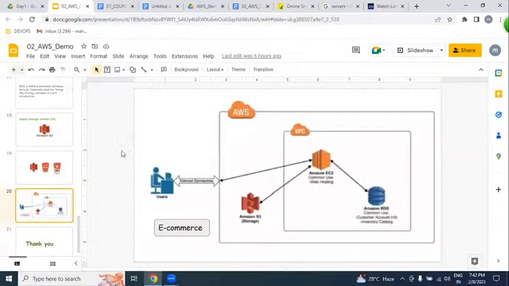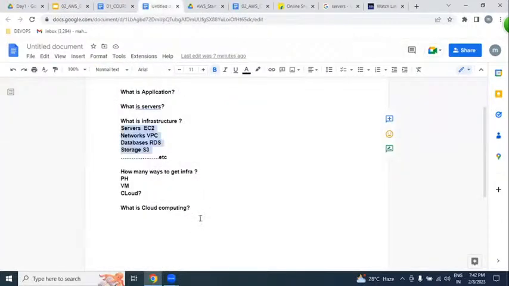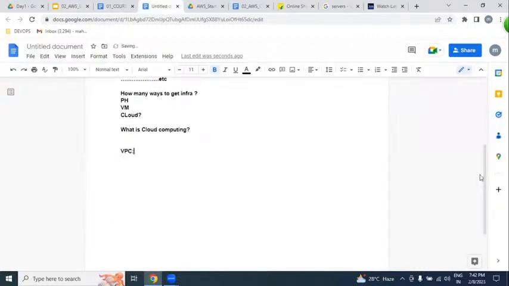I hope you people understand what exactly AWS is. We are going to discuss networking like VPC. First we should understand the network basics. If you start AWS directly, you may not understand, and mostly you are not from a networking background. Am I right? That is the reason for the first 3-4 classes we will understand the fundamentals of networking: what is an IP address, what is a subnet, static network, dynamic network, IP addressing, subnet.